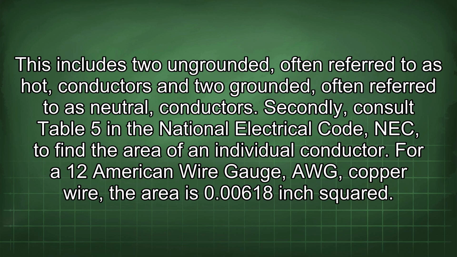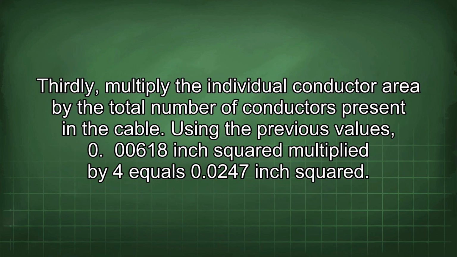Secondly, consult Table 5 in the National Electrical Code, NEC, to find the area of an individual conductor. For a 12 American wire gauge, or copper wire, the area is 0.618 inch squared. Thirdly, multiply the individual conductor area by the total number of conductors present in the cable. Using the previous values, 0.618 inch squared multiplied by 4 equals